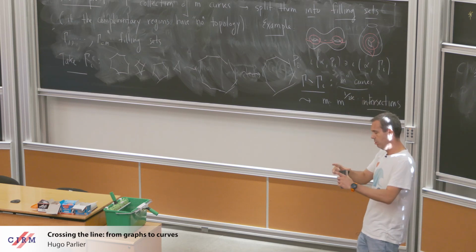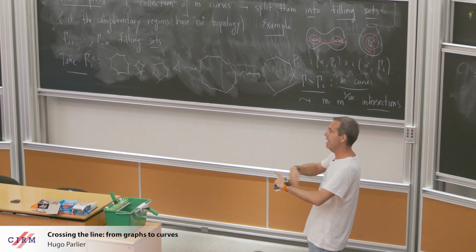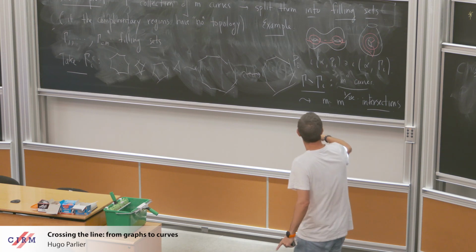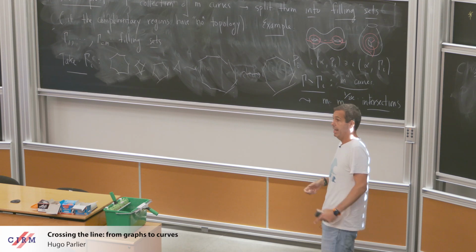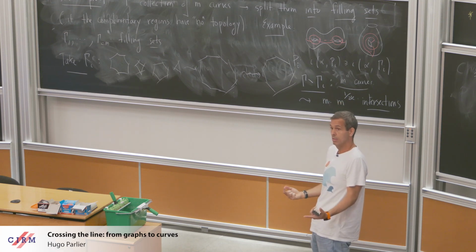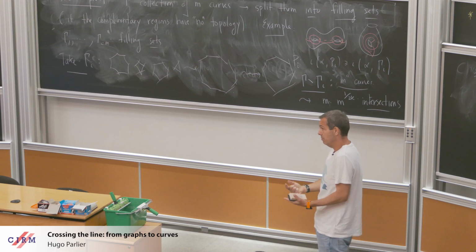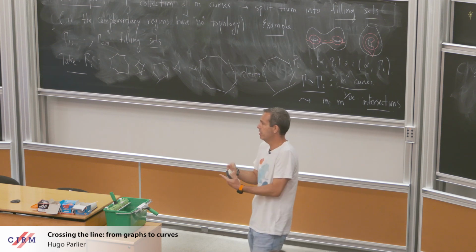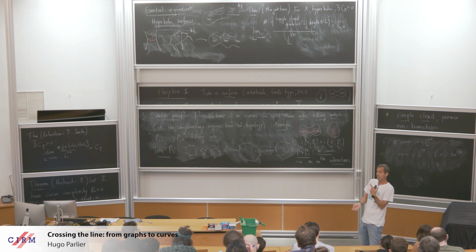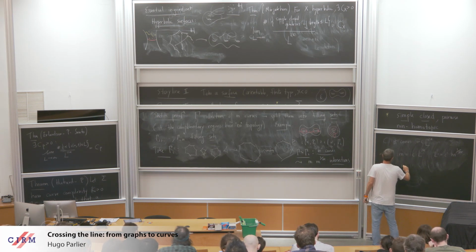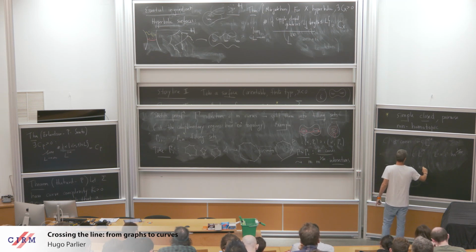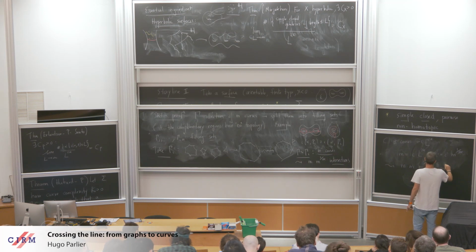So just the curves with this original filling set, they have to intersect this filling set m times m to the power of 1 over 2 kappa intersections. And I have m filling sets, so this is true for each of them, and I've only double counted. I've counted every intersection twice, but I haven't done more than double counting. And so I put that together, and this gives m times m times m to the power of 1 over 2 kappa intersections, which is of course equal to m to the power of 1 plus 1 plus 2 kappa.